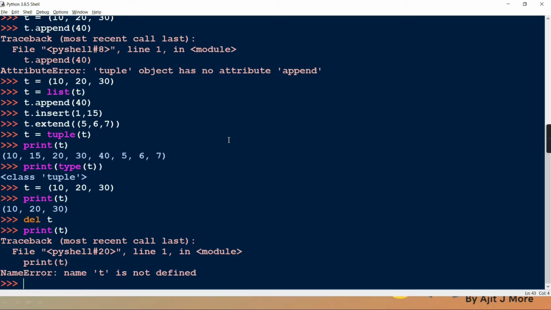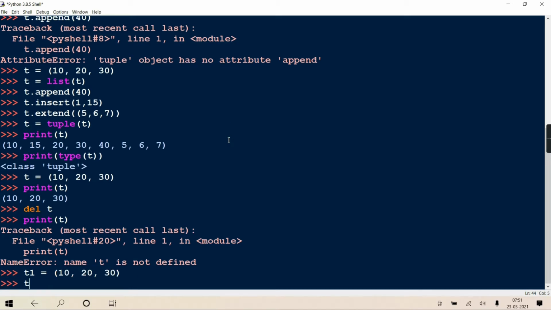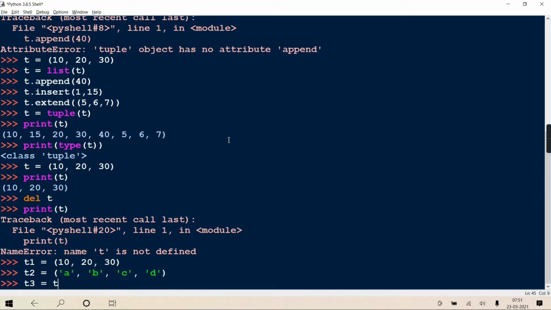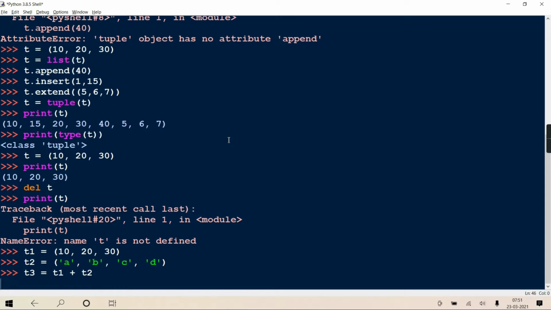Okay? I hope you are hearing me carefully. So T1 is the first tuple and T2 is the second tuple. You can directly write T3 equal to T1 plus T2.